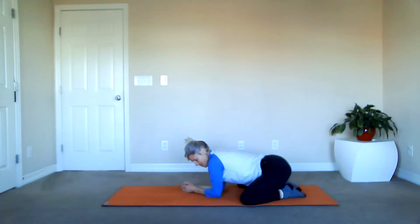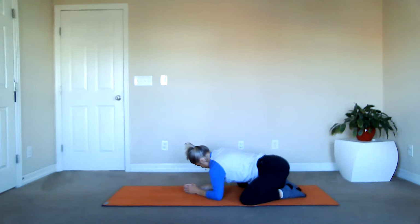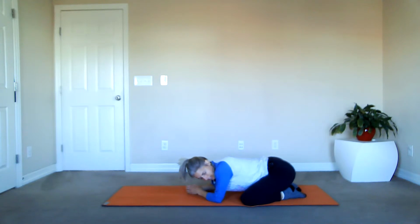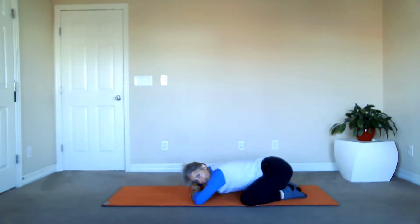Now let's come down onto the forearms and spend a few moments to kind of move the chest and torso from one side to the other, getting to loosen up around the upper part of the legs and hips. And then taking a little break, you can relax your head down into your hands,